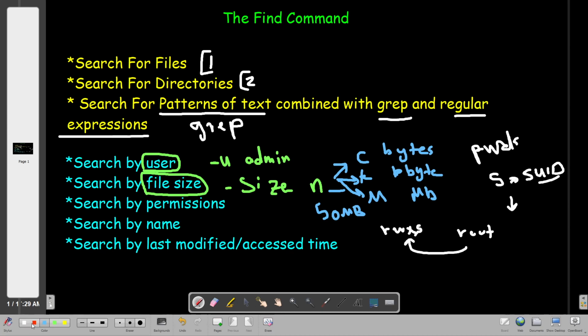Now what if we want to search by permissions? By permissions, we can use the switch -perm. By saying -perm, we're telling the find command to search by file permissions. Of course, after -perm comes the permissions themselves. The permissions can be written either in symbolic form